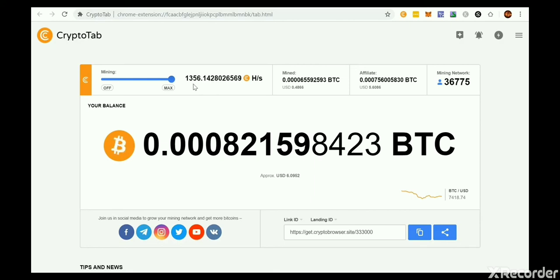So will it work on an older laptop or whatever? Yes, this is my primary laptop that I've used for the CryptoTab browser the entire time. I mean, this is my work laptop. So literally, it doesn't matter. Just turn it up all the way. That way it will use any available resources to mine, but it's not going to compete or conflict with